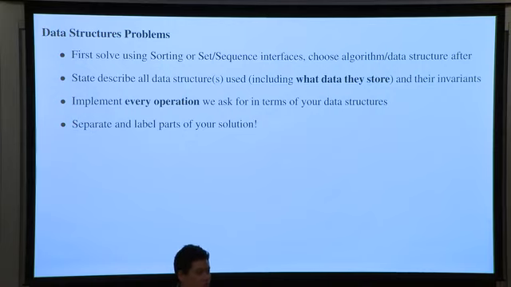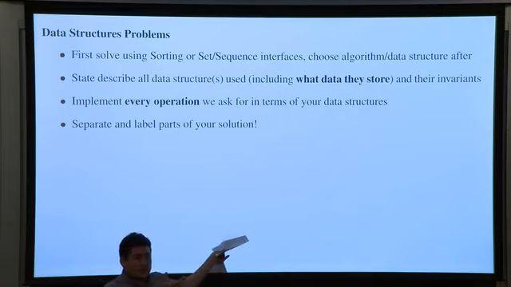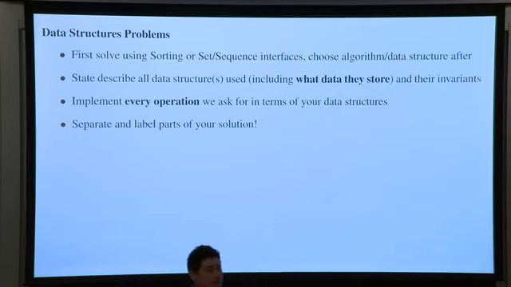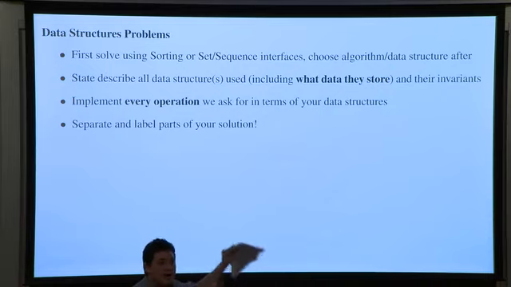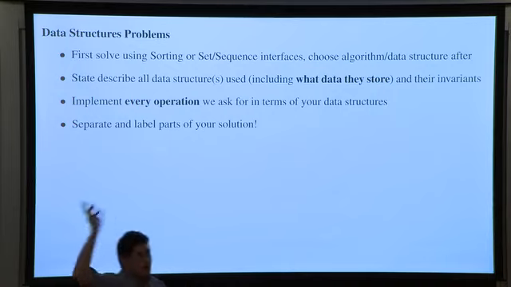But what I need to do to prove that this thing is correct is that, based on the assumption that those invariants held before my operation, I can prove that an operation is correct if all of those invariants are maintained before and then after the operation, right? That's kind of how I'm proving that this thing is correct. And then when I'm querying, I'm doing some kind of lookup on this data structure. I can rely on those invariants. I know that those things have been maintained, and so I can rely on those to look up what's the largest k of this thing. Does that kind of make sense? This is very abstract. We're going to get a little bit more concrete in just a second.